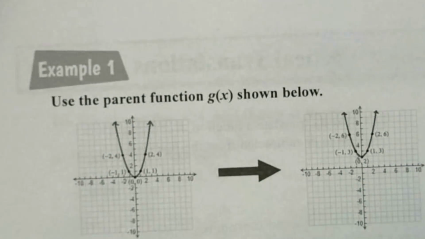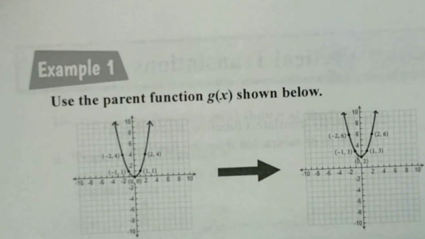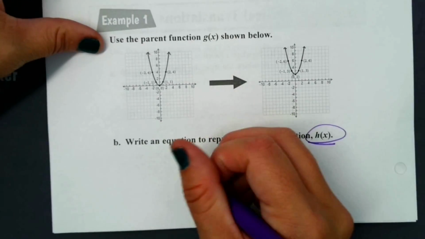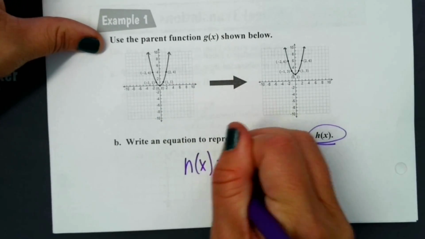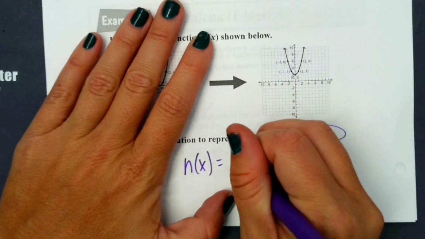Okay, let's take a look at this guy here. Now it's saying we need to write what happened. My new function is called h of x. So I know that this new one is h of x equals, and what happened? Did I move up or down? Okay, so since I moved up or down, should anything be on the inside of the parentheses? No. So I took my original parent function, which was g of x,